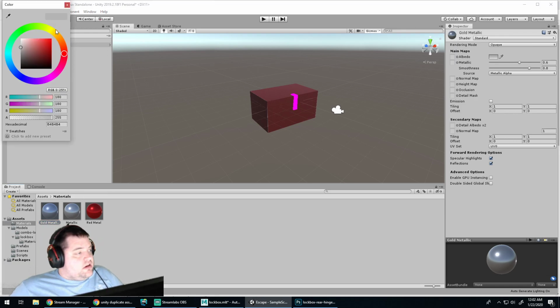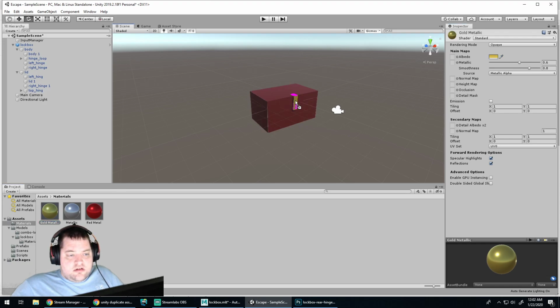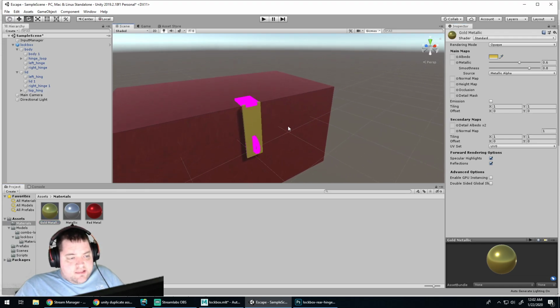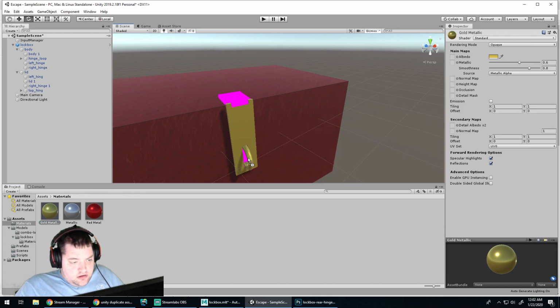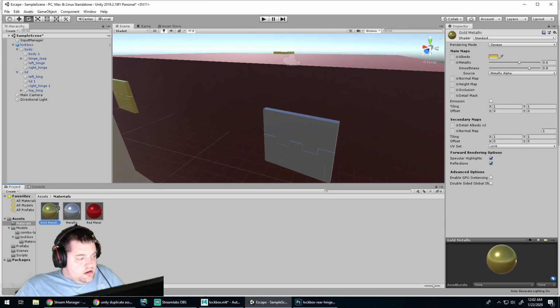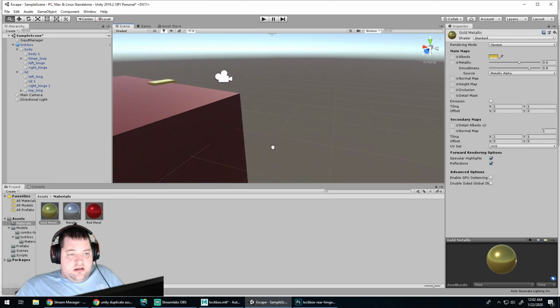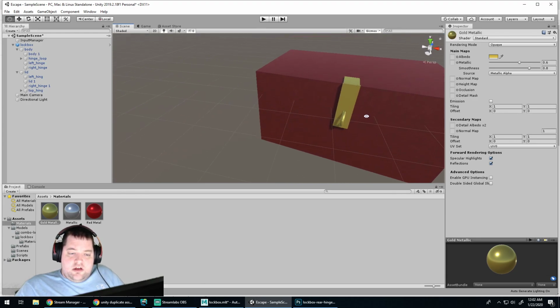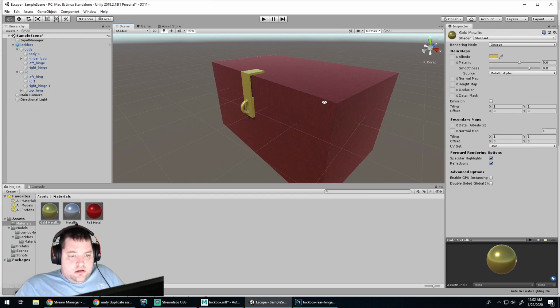And then basically I just need to change this color to kind of a gold color and add a little more orange in there, about there maybe. I'm not sure. Let's see what it does. Oh, that's not too bad. And get that little piece back there, and that piece, and that piece, and that piece. Alright, there we go. Now we've got a nice little